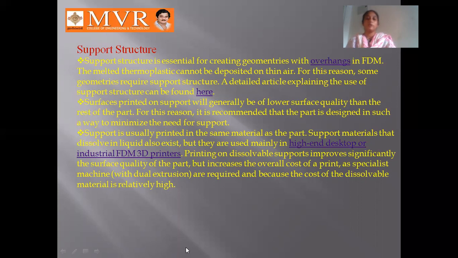This is the last topic of the second unit. In the next class, we will discuss the powder-based manufacturing systems, the types of powder-based systems and how they work on different specifications, what 3D printing processes can be used, and the different types of powder-based manufacturing systems. Okay, we'll see in the next class.